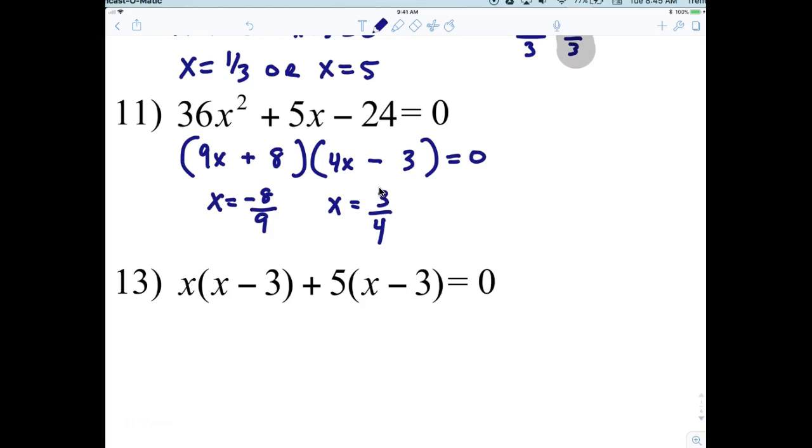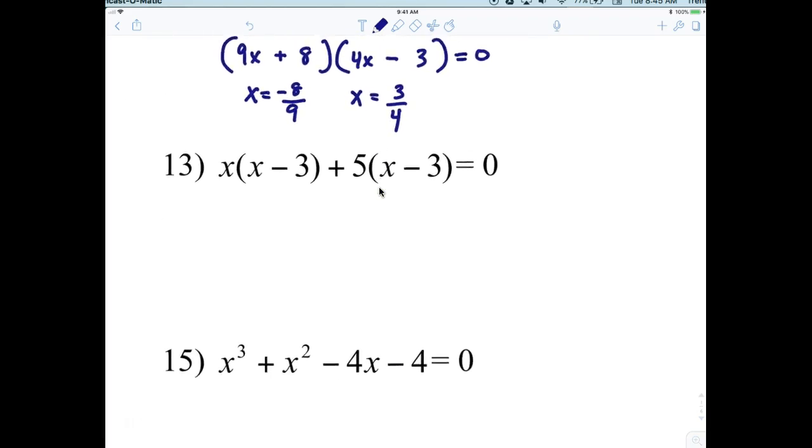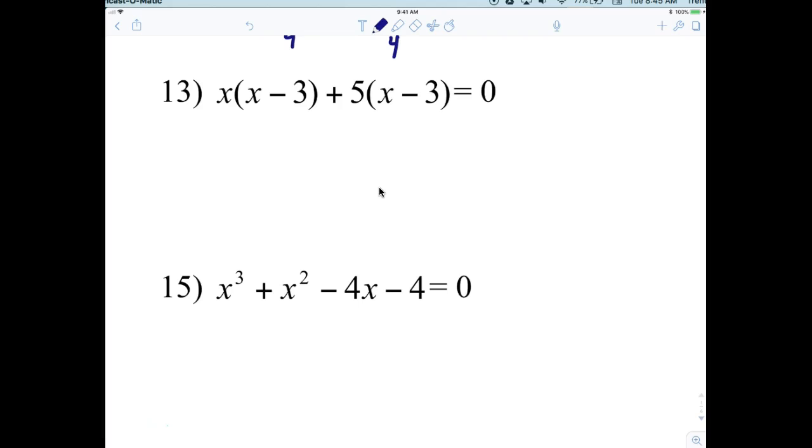All right. Now, let's take a look at 13. Good problem. What do I notice here? Yep, they already have it grouped for us. So we're factoring out a what? X minus 3. We're factoring out an x minus 3. And what's left behind? X plus 5. Very good. So x is equal to 3